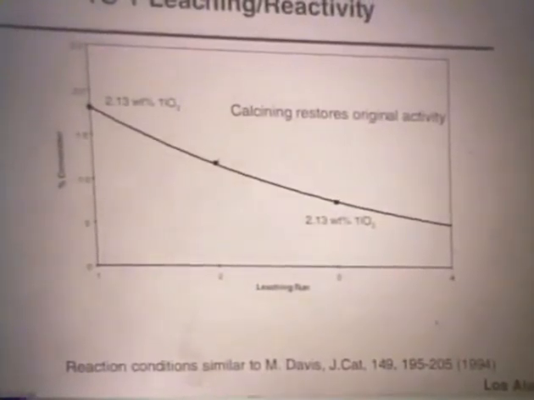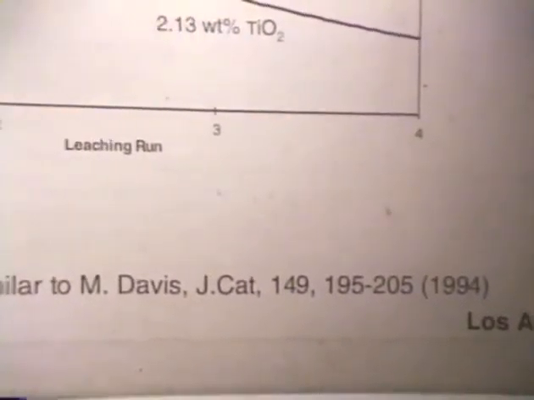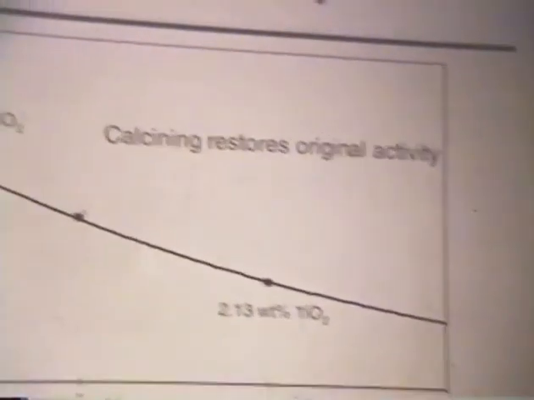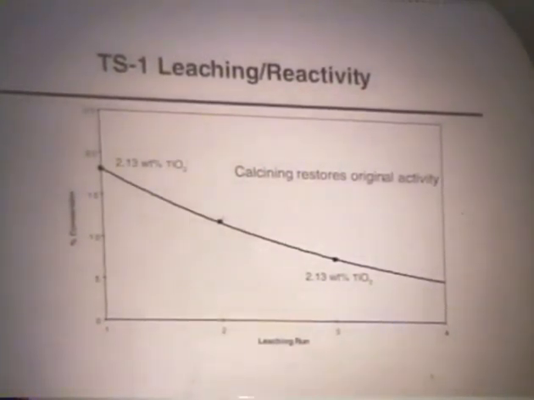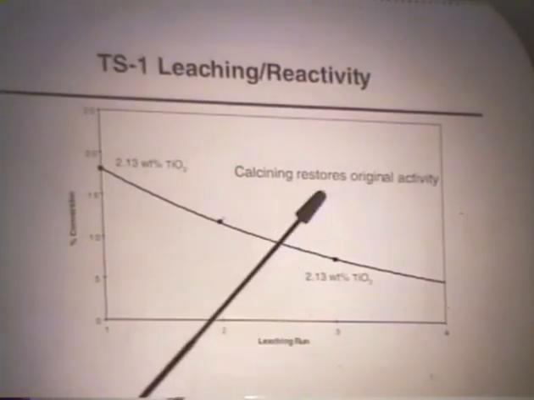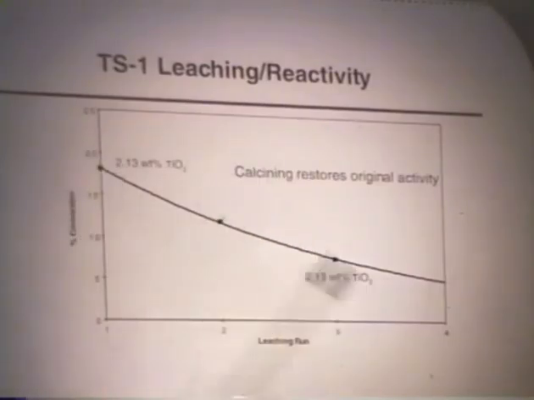Just for reference, look at TS1. One does this leaching experiment for TS1 and analyzes for titanium as a function of cycle. One sees no loss in titanium from TS1. This is pretty well known. TS1 is a fairly stable material. The deactivation that one sees is due to the buildup of oligomeric products in the pore system. All of the activity is restored if one calcines this material, so one can cycle this many times without appreciable loss in activity. Now, back to the MCM41s with titanium on them.